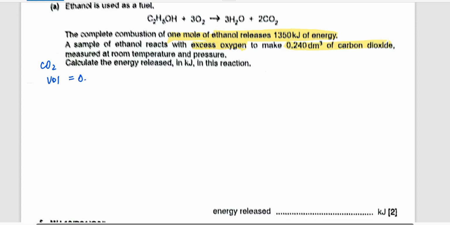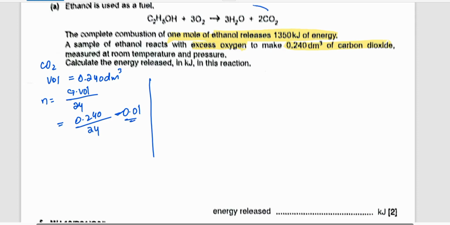Volume is equal to 0.240 dm cube. We have to find the number of moles. Number of moles is equal to given volume divided by 24. So given volume is 0.240 divided by 24. Using the calculator, 0.240 divided by 24 becomes 0.01. Now from carbon dioxide, we have to find the ethanol that was used,